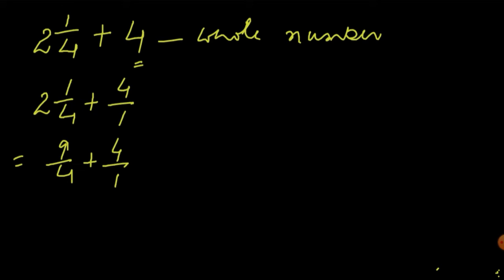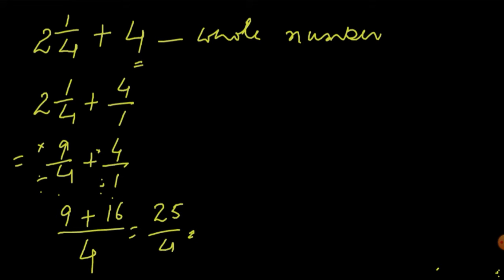Now in the denominator you have 4 and 1, so the LCM will be 4. Divide by the denominator, multiply by the numerator. Here same: 4 ones are 4, 9 ones are 9, divide by 1, 4, 4 4s are 16, and the answer is 25 by 4. Now because it is an improper fraction, divide it. 4 6s are 24, 6 1 by 4 is the answer. So whenever we add any whole number to a mixed number or any improper fraction, convert this whole number into an improper fraction and then add by taking the same LCM.